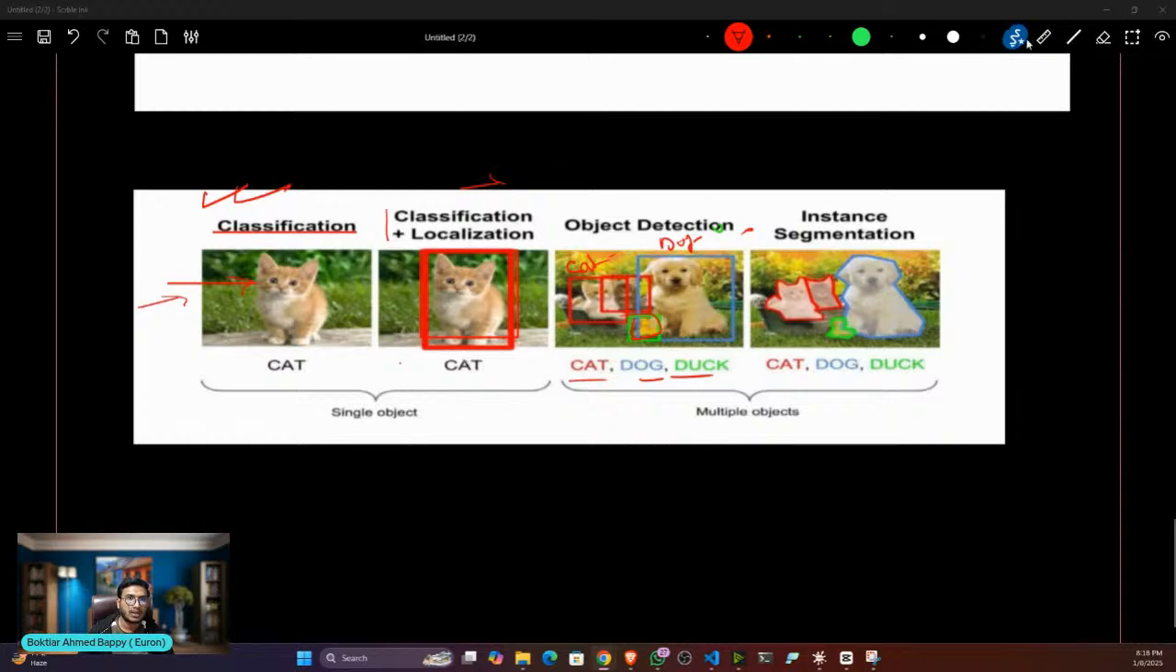Localization once more. See, localization means you are locating the object only. Let's say this is the cat. Your model has classified this as a cat image, but your model doesn't know where this cat is located. Let's say this cat is located in the middle position, but sometimes in some images